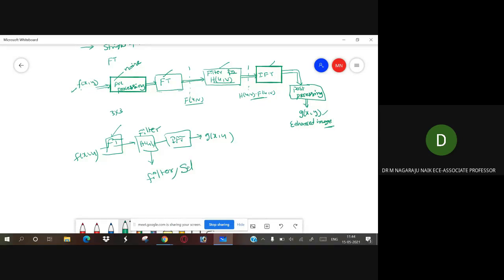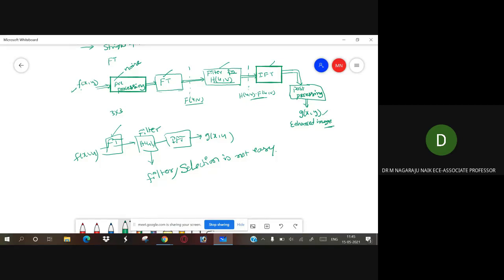Filter selection is not easy. Simply because we have to apply the Fourier transformation for any images. After getting the Fourier transformation, the major difficulty in the frequency domain is the selection of the filters. Which filter is suitable to remove the blurring or noises? The selection of the filter is important in the frequency domain method.